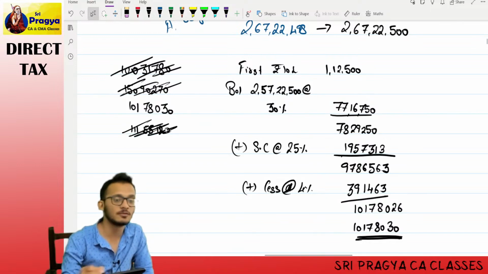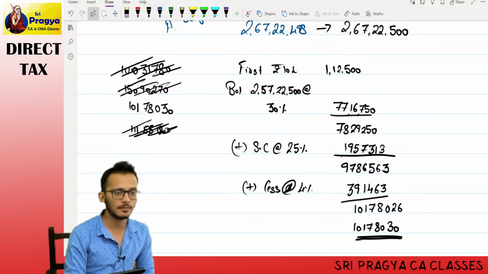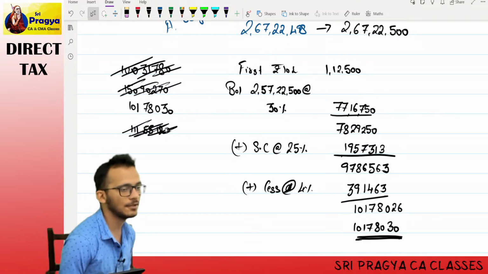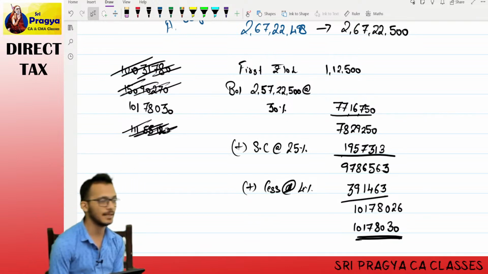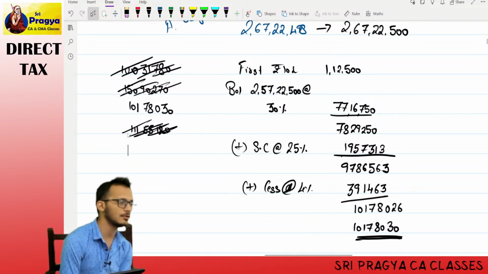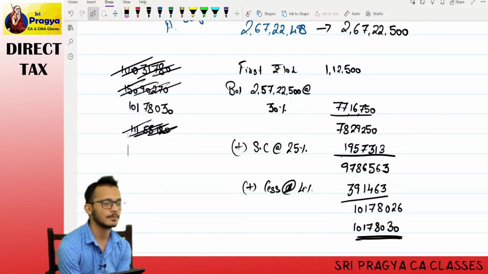You are free to use your books, people. For the first 3-4 days, you are free to use your books. I will tell you when you should stop reading your books. So feel free to have your books in parallel and you can check the numbers there. There is no problem. I will let you know at a certain day where you have to mug up things. Until then, you're free to use your own books. That's not an issue. Okay? Mistakes like this should not happen. Rates and all should not be an issue at this point of time. I want to see how you practically apply it. That is more important for me. All right. Makes sense.